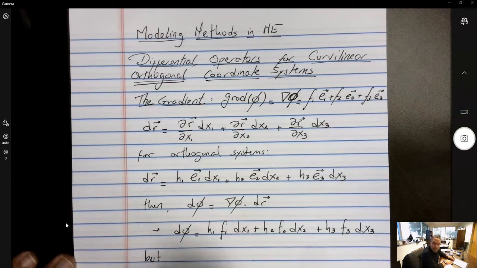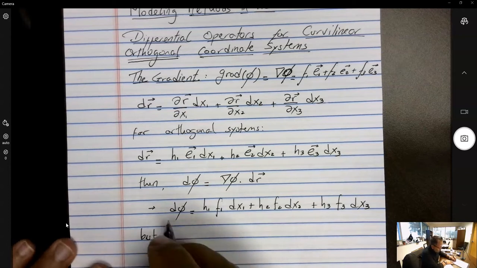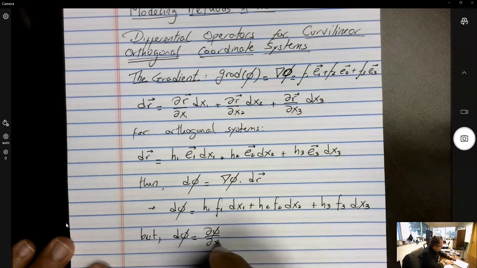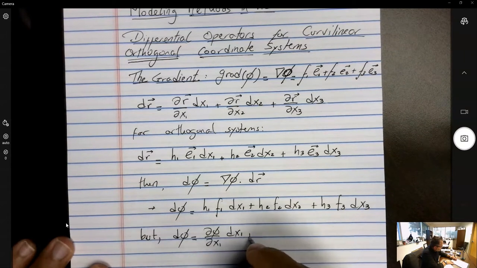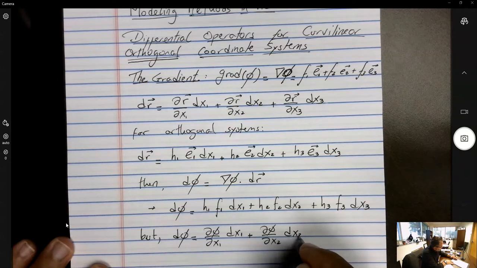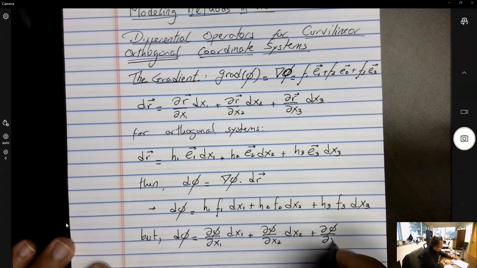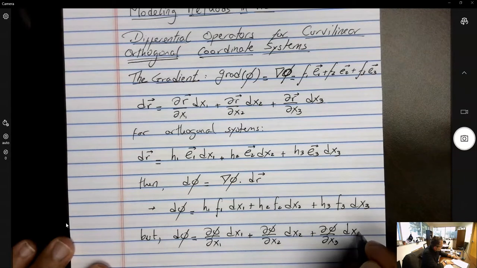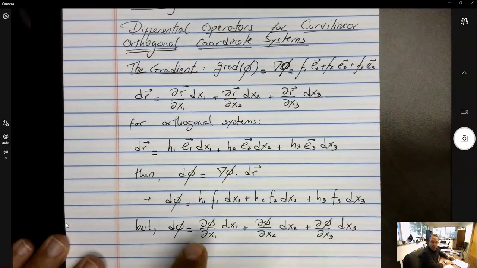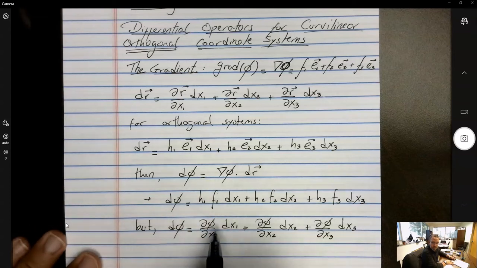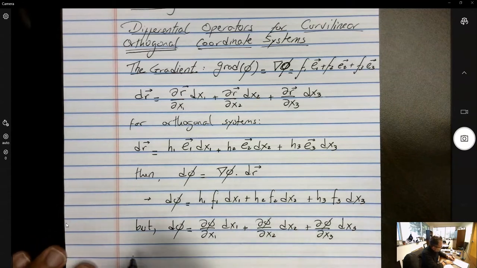because by also chain ruling, the differential of phi is also d phi dx1 times dx1 plus d phi dx2 times dx2 plus d phi dx3 times dx3. Simple chain rule. So I can just compare this one to this one, and just by comparison I can see that f1 is this one divided by h1, f2 is this one divided by h2, and so on and so forth. So by inspection,